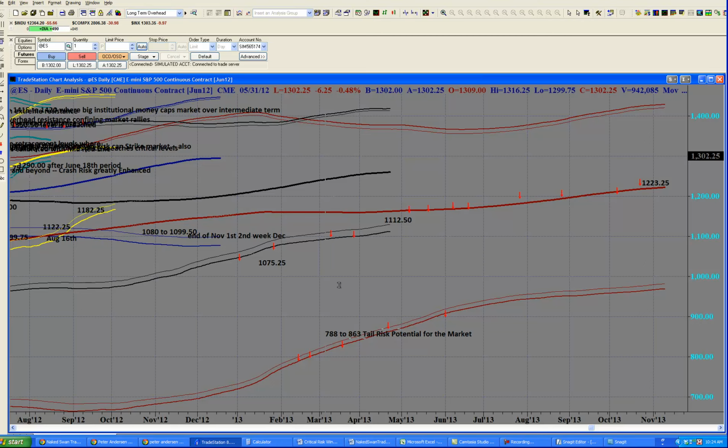And given where we are today on May 31st, we are at 1301.75 with the last signal triggered at 1333.75 as indicated on nakedswantrading.com. So anyways, that's the outlook right now, and let's just go back and take a look at our view again